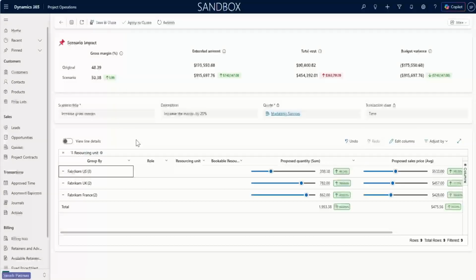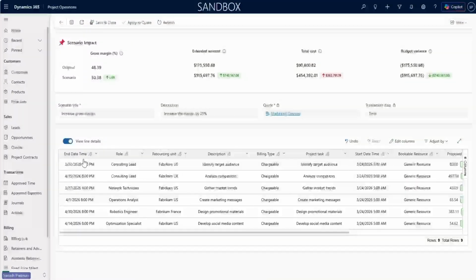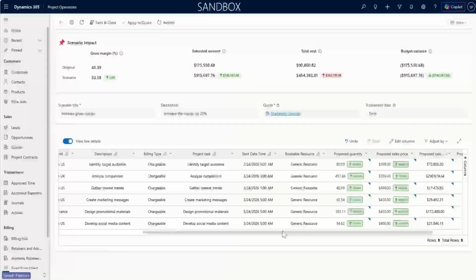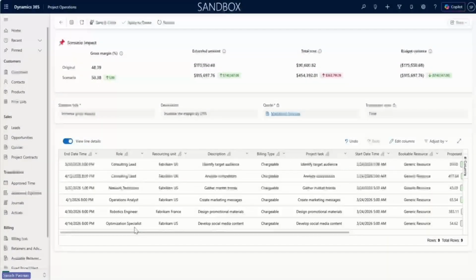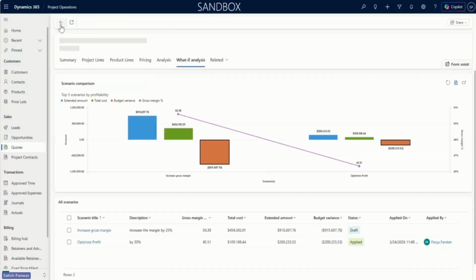Before applying to the quote, if you want to look at what the impact would be, then we can click on view line details, and it would display the quote line details and the changes as well. Now when we apply to quote, not only does it apply the changes, but if you are modifying the sales price, then it will automatically create the price overrides as well. So if we go back here,